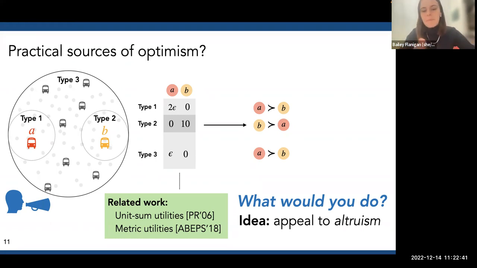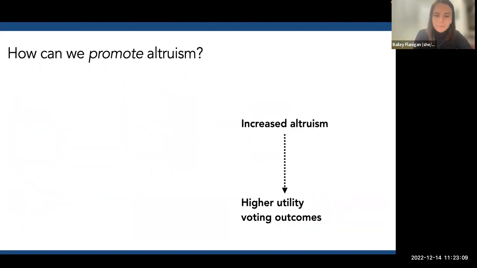And if we think about what's going to happen, let's say that people of type 1 and type 3 hear this, and a lot of them think to themselves, well, I guess I don't really care that much. Maybe I'll just vote in favor of type B, and suddenly a lot of the rankings that place A ahead of B are switched, and B could win the election then, or at least things would shift in that direction. And so at least in this example, we see that if people are conceptually more altruistic, it's going to be more likely that we end up with a higher average utility outcome.